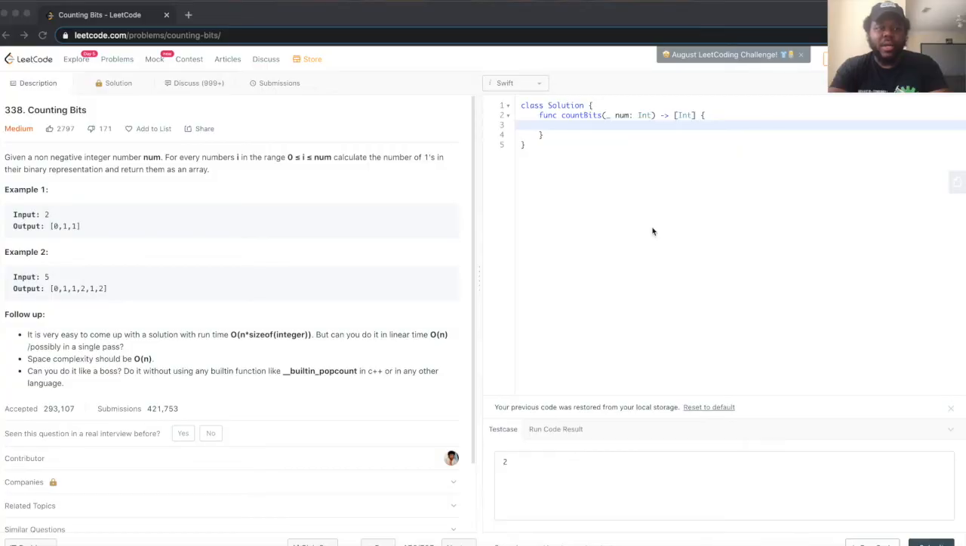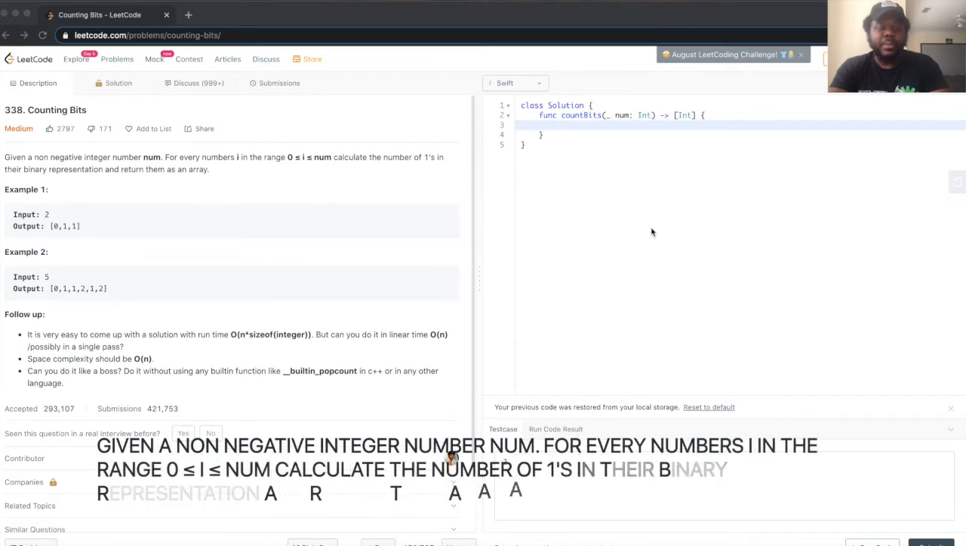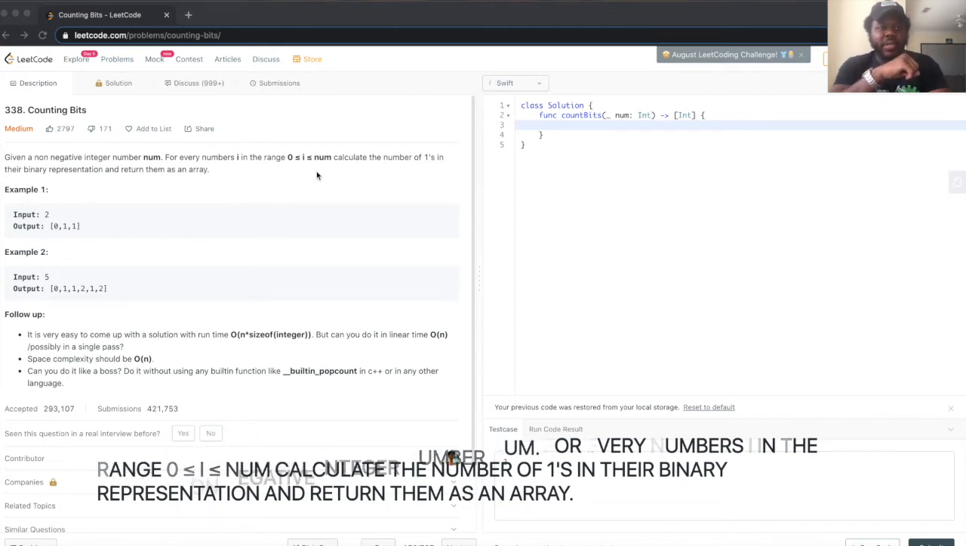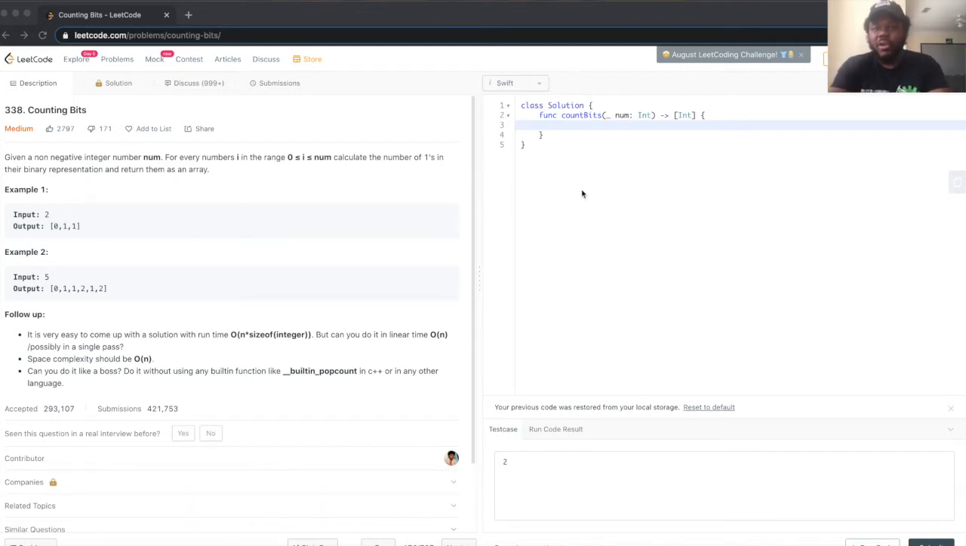Okay, guys, so our problem states, given a non-negative integer number, which means a positive number, very obtuse for no reason, for every number i in a range of 0 to num, calculate the number of ones in a binary representation and return them as an array. Okay, so if you guys remember the binary ones video that we did a while ago, this should be